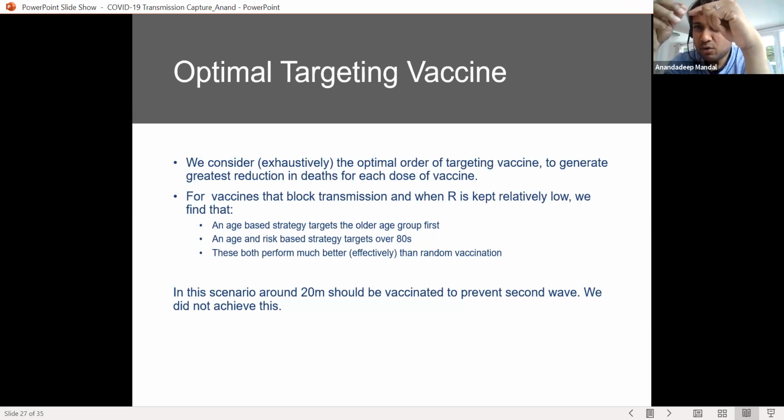In this scenario, we simulated about a 20 million population, and we saw that we are going to have the second wave. With the amount of vaccines we had in place, and knowing that age-based vaccination is much better than random vaccination, that is, you just go and get it, still we cannot reach the target of 20 million, and we are going to have a second wave. We predicted it for the last week of September. It hit at around exactly that time, and our second wave was very bad. It was actually worse than India, to be very frank.